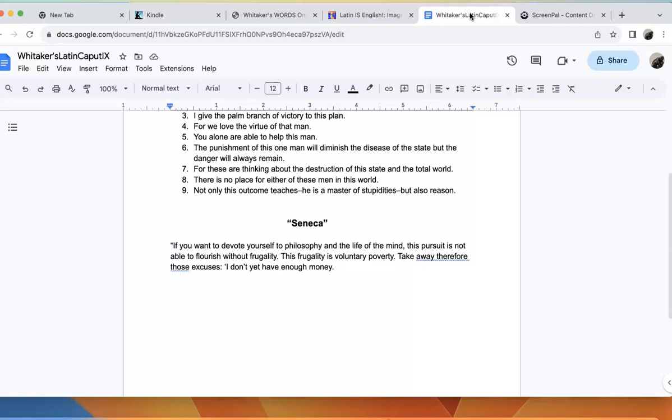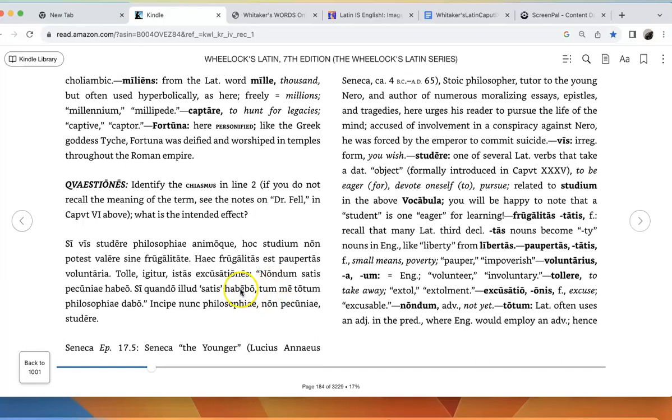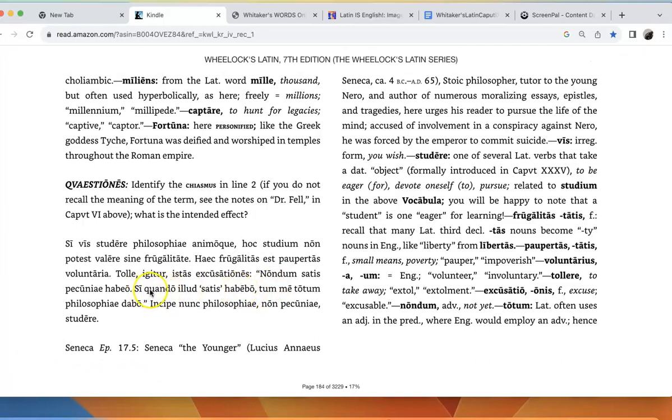So when I have enough money. So this one's a little bit tricky because Latin has the si quando, so you might just want to make a flashcard and say that means when. And then it has the illud, referring back to money. So I guess you could translate this as that when I have enough of that, but I'm going to say money because it is referring back to money. But literally, if when that enough I will have. So it's just kind of a little bit tricky to translate this one, but the context is definitely referring back